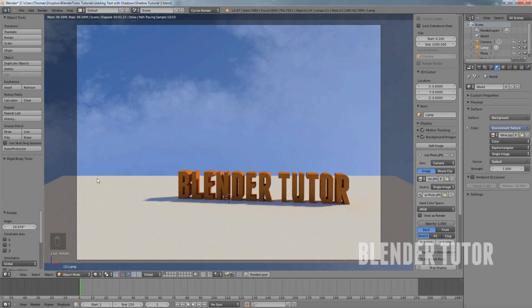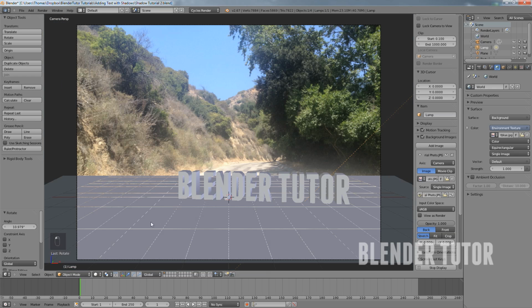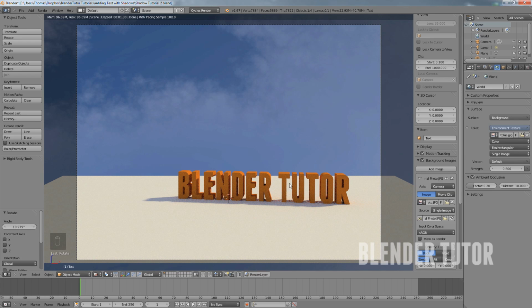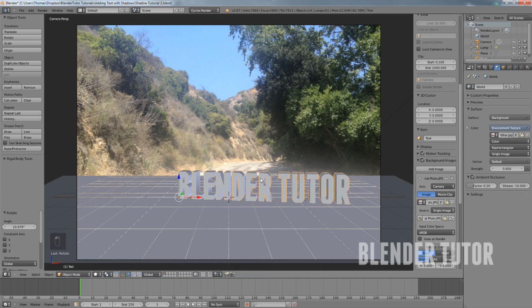Now, if you look at that, basically the reason I'm doing that is it creates like a 3D map around the entire scene of the sky, so that it's going to light it a little more evenly and give it a little blue color to it, just so it matches the sky a little. Although it's a little strong, so I'm going to turn it down to a 0.6. And the other thing I'm going to do is, because the text is a little dark, I'm going to turn on ambient occlusion and do like a 0.2. And that's going to actually brighten up the text a little bit so you can see it a little nicer. Cool. So with that done,